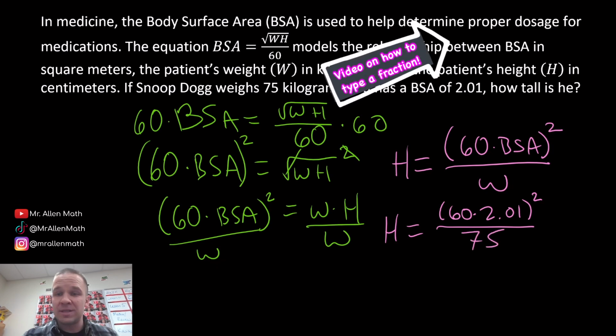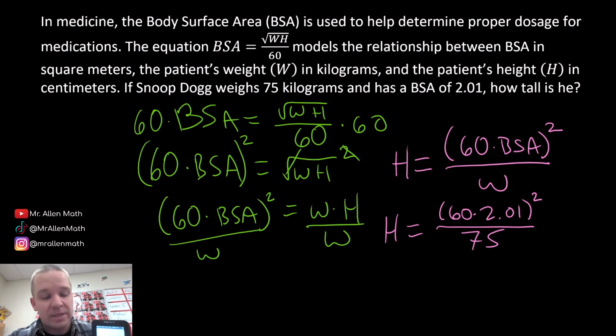We should be able to plug this in pretty easily. If you don't remember how to do a fraction, it is alpha, then that Y equals button, which will get you to N over D if you got one of the older ones. So now I got to put parentheses and then 60 times 2.01, close them, and then all squared. And then arrow down, we got 75 in the denominator. You should get